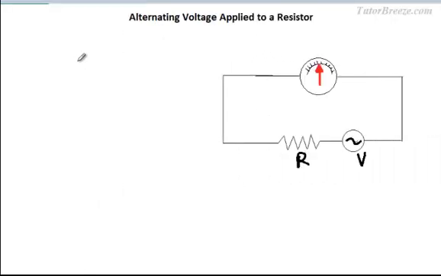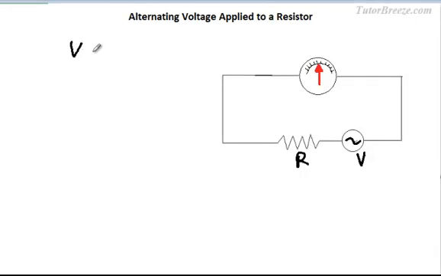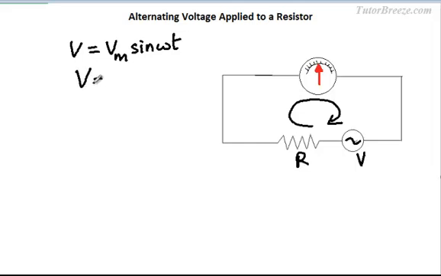Now in the circuit shown here, the alternating voltage which is connected to the resistor is Vm sine omega t, and let us apply Kirchhoff's rule to this loop. You can see that V is equal to I times R. Let's say I is the current which flows in the circuit, and since there is only one circuit element, V is equal to I times R.